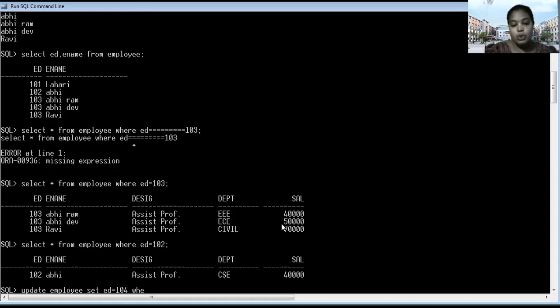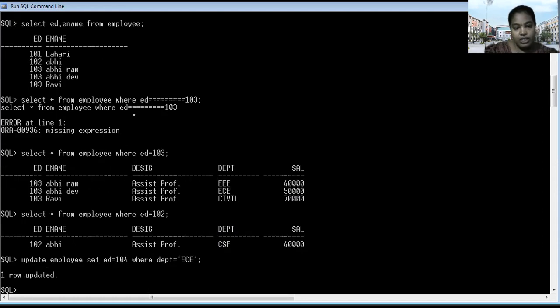You have to choose one condition for that particular row. 104 for which employee? Either you give Abhidev, or a unique value like ECE, or otherwise salary. The differentiation is the department, right? Department equals ECE.